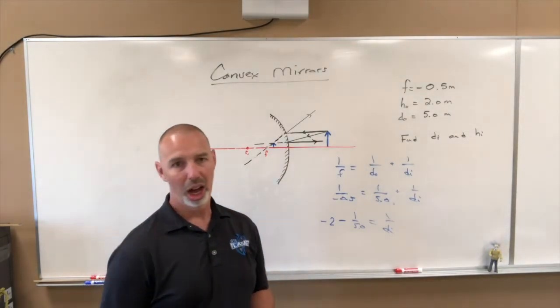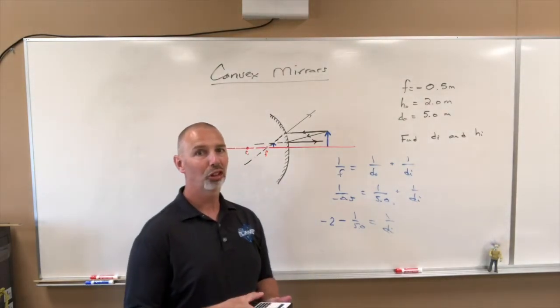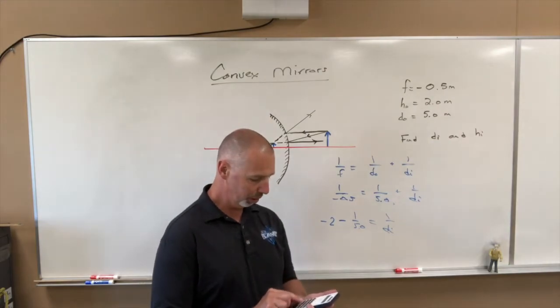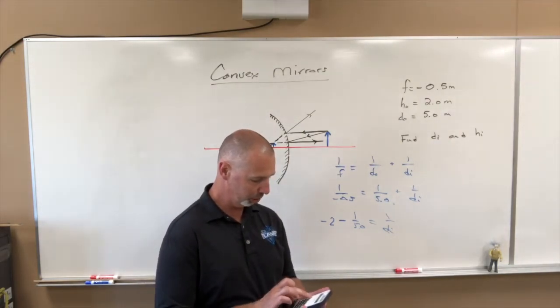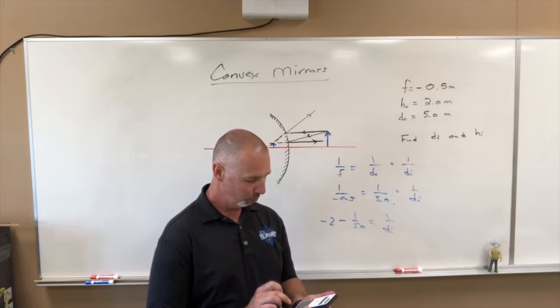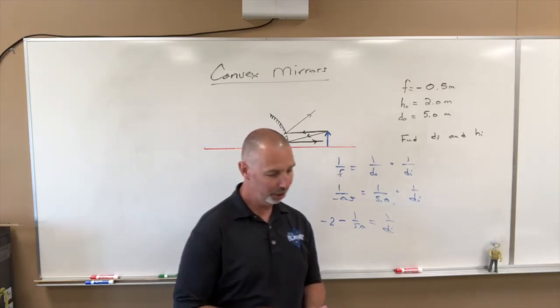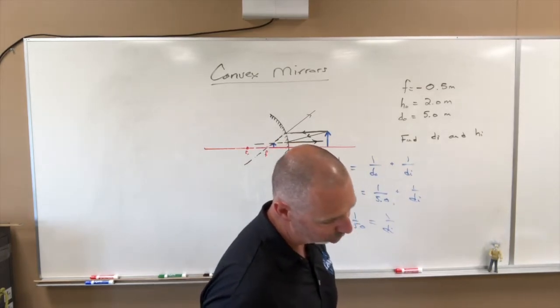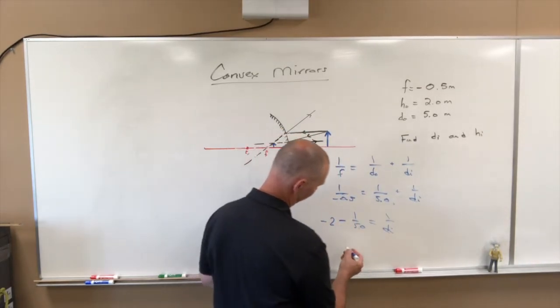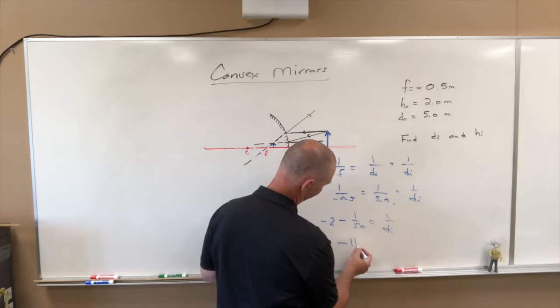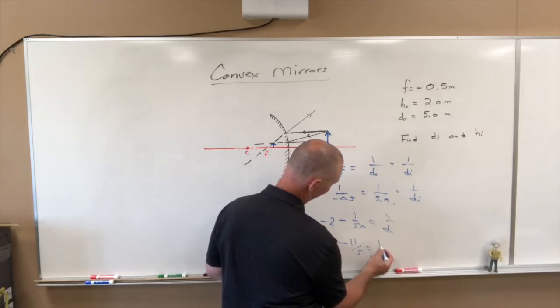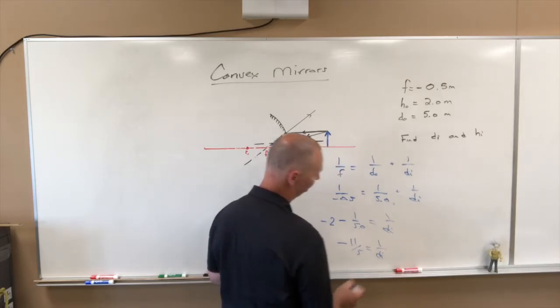Cool, eh? And so when we punch this into our calculator, negative 2 minus 1/5, we're going to get negative 11/5 equals 1 over DI,